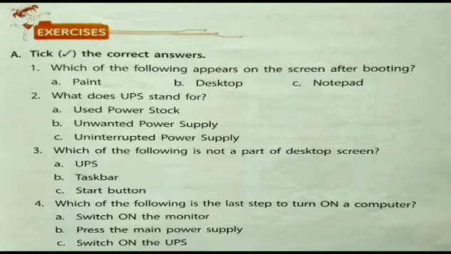So option A is the correct answer for this question. Question number 4. Which of the following is the last step to turn on a computer? Switch on the monitor, press the main power supply, switch on the UPS. So switch on the monitor is the last step to turn on a computer.